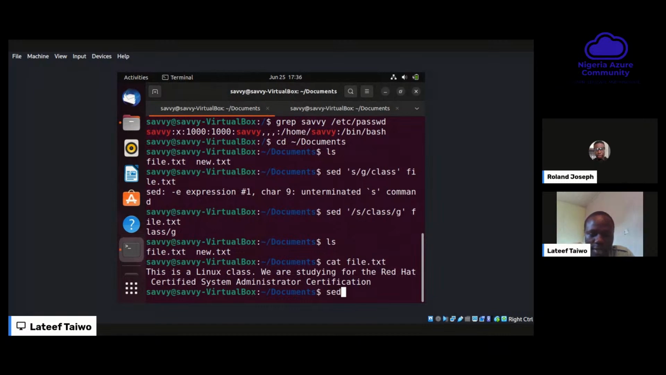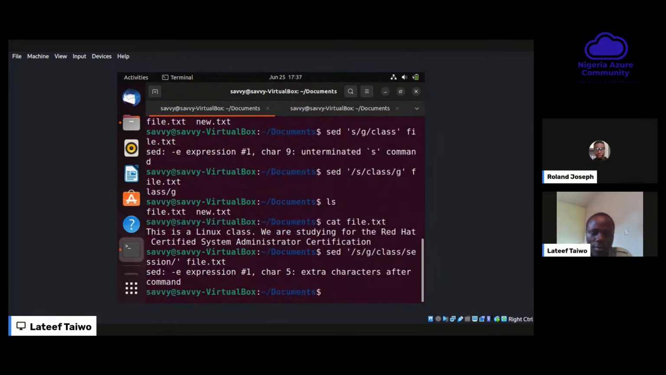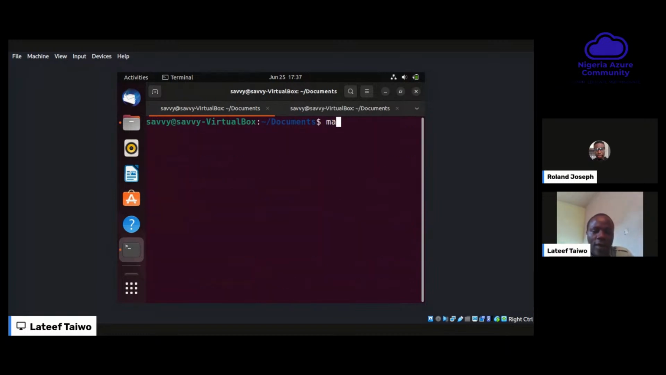Alright, sed, slash g slash class, then I specify the word I want to replace class with, session slash. I hope this works. There's a mistake here, but we can explore the use of sed a lot more. And after this,